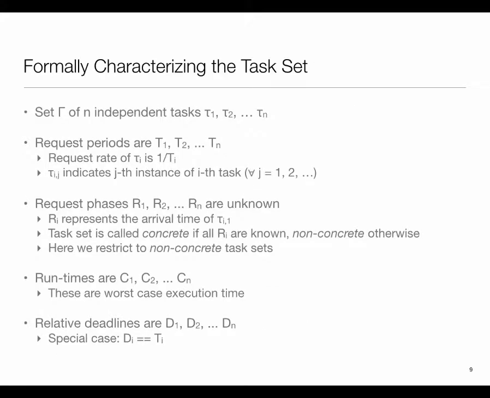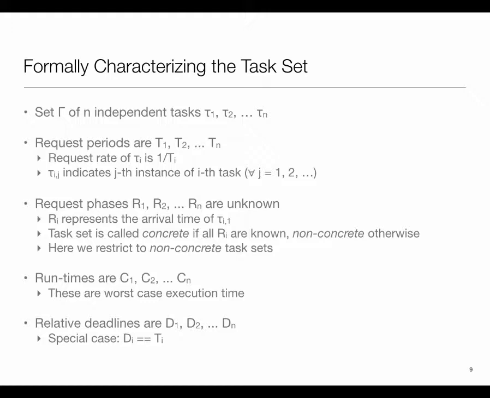Now, in essence, what we have is a set of independent tasks, tau 1 through tau n. They have some period, or another way of saying it is that they have a rate at which the ith task is being requested. We are assuming that we don't know the phases. We don't know when the first job of the ith task came, which is why I only know the period. If I knew this, then I would know precisely when the jobs are coming, and I could do static scheduling because I know it up front. I can design a static schedule, but I don't.